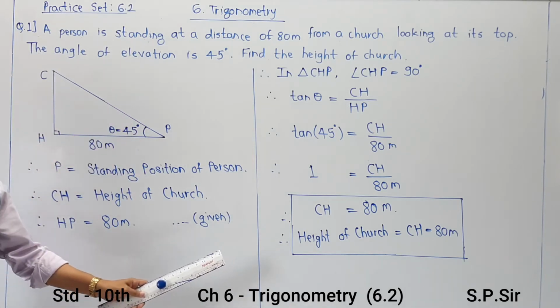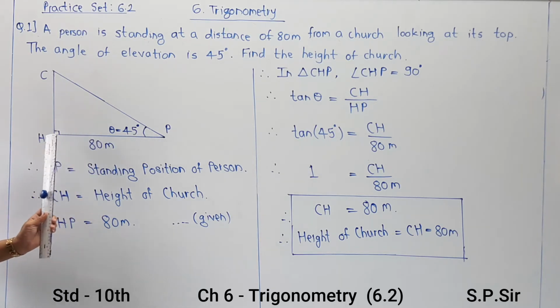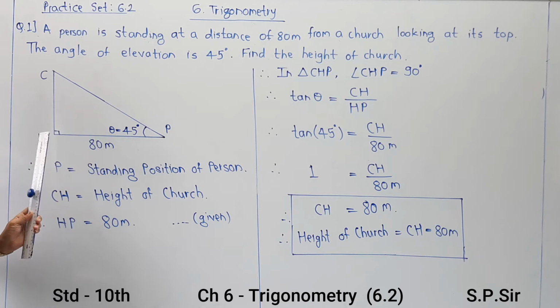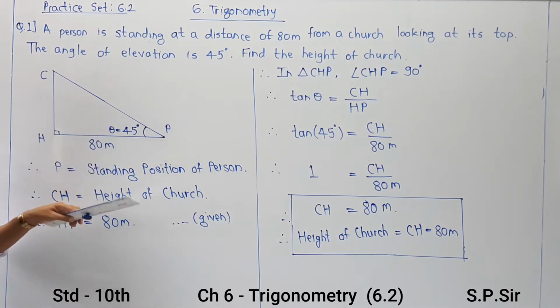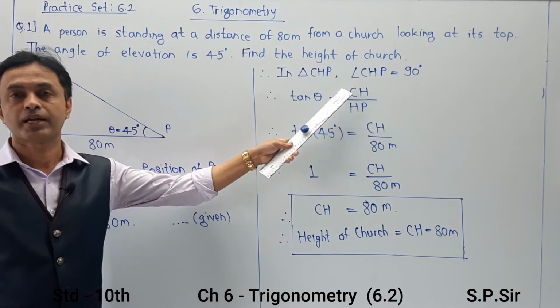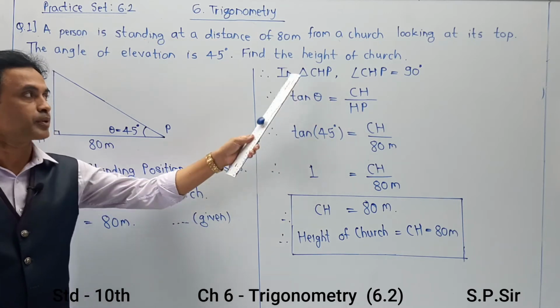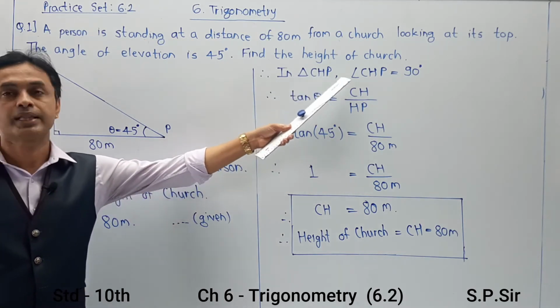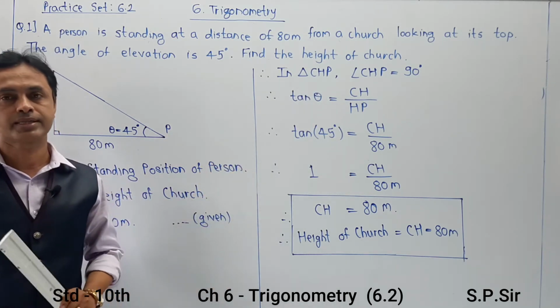Once again, please pay attention. There are a few things. First, the diagram in the appropriate sector. Actually, if it is 45 degrees, you can also draw this side equal to this side, because it is actually an isosceles right angle triangle. Second, declaration. Please give the declaration of what you are indicating in the diagram. That can be completed within 2 or 3 lines with a very small statement. Don't make a paragraph of that. And the last part, give the first declaration of a triangle as well as the right angle, so that you are ready to use the Pythagoras theorem concept when you are using the second chapter. But in this chapter, we are ready to use trigonometric ratios, identities and applications.